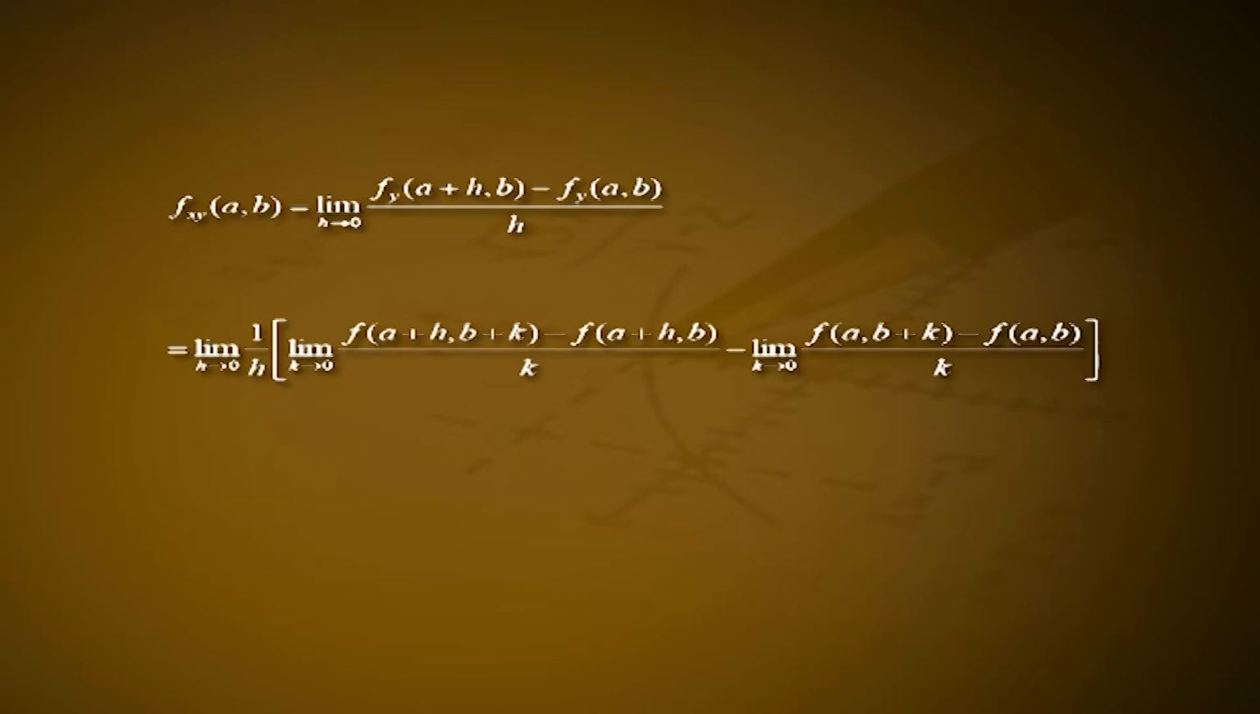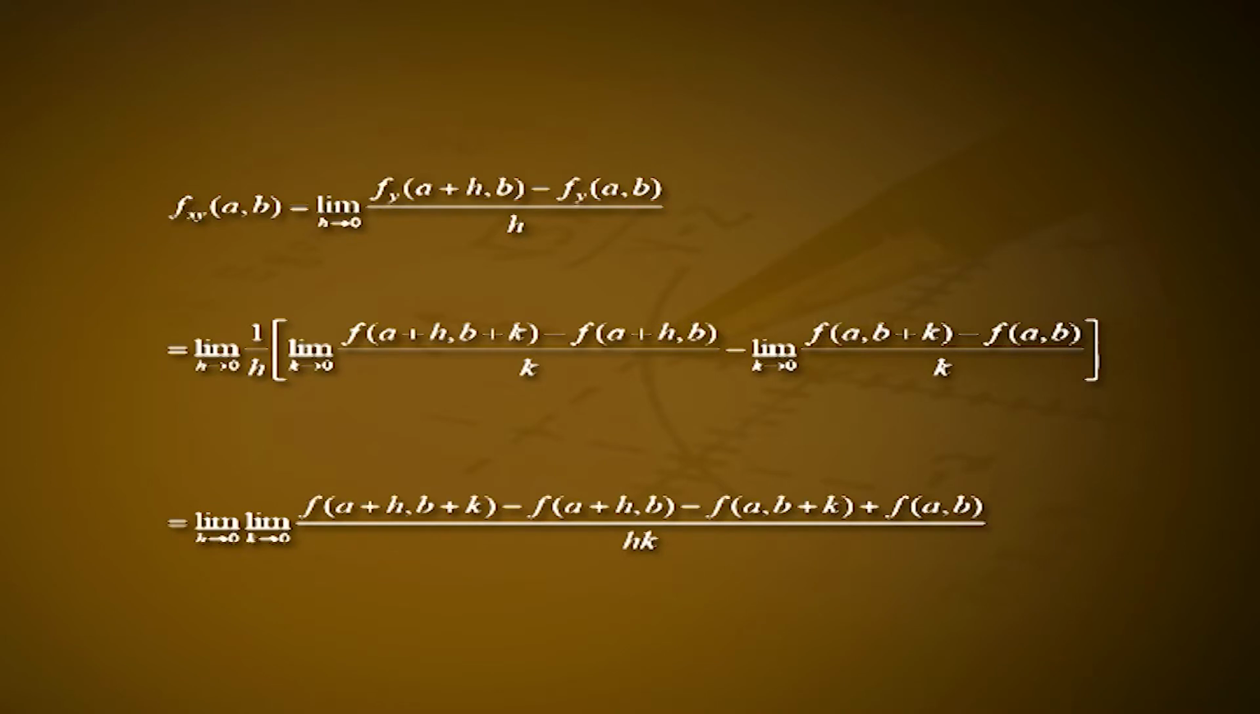Let us now see why fxy may be different from fyx at some point (a,b) of the region. Now, fxy at (a,b) is equal to the limit of [fy(a+h, b) − fy(a,b)] divided by h as h tends to 0, which is equal to the limit of 1/h into the limit of [f(a+h, b+k) − f(a+h, b)] divided by k as k tends to 0, minus the limit of [f(a, b+k) − f(a,b)] divided by k as k tends to 0,